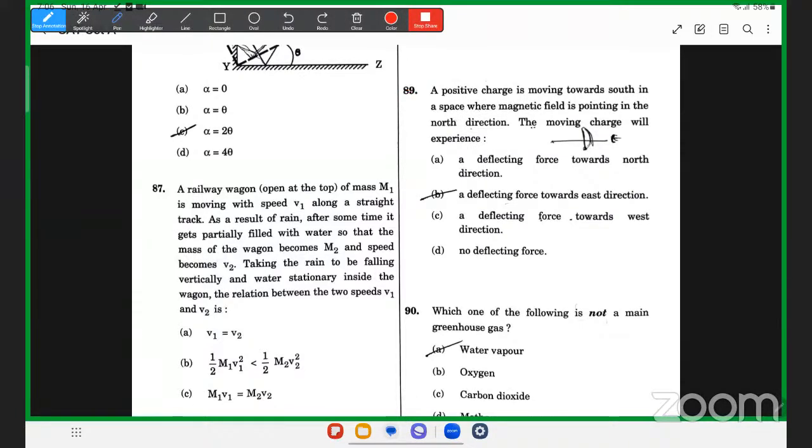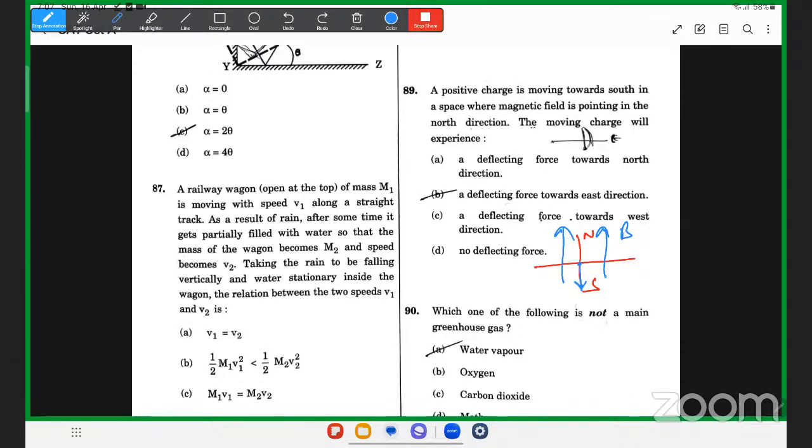A positive charge is moving towards south in a space where magnetic field is pointing in the north direction. The moving charge will experience a deflecting force towards the east direction. डिफ्लेक्टिंग फोर्स, तो ये नॉर्थ है, ये साउथ है, और चार्ज हमारा जा रहा है, पॉजिटिव चार्ज मूविंग टुवर्ड्स साउथ इधर। मैग्नेटिक फील्ड इज पॉइंटिंग इन नॉर्थ डायरेक्शन, इधर मैग्नेटिक फील्ड है।